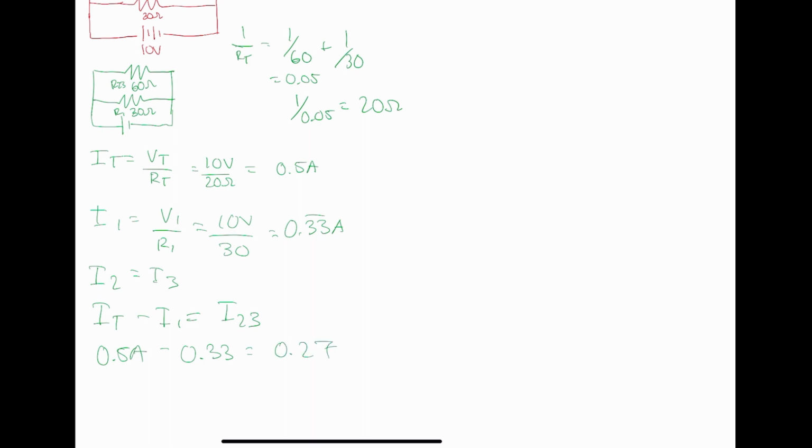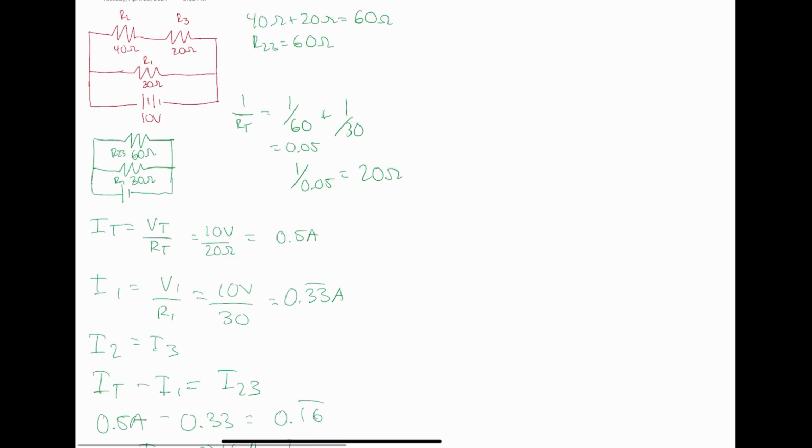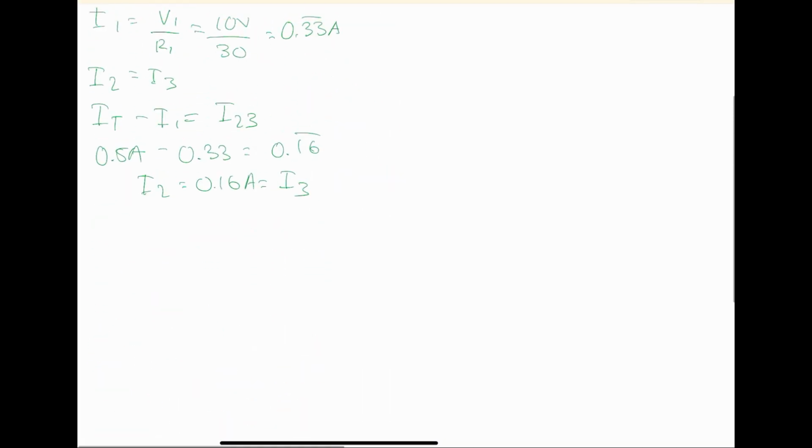So then we have I2 equals 0.16 equals I3. Okay, and now we have our I1, I2, and I3. And with that, we just solve for V2. We also solve for V3. This turns into